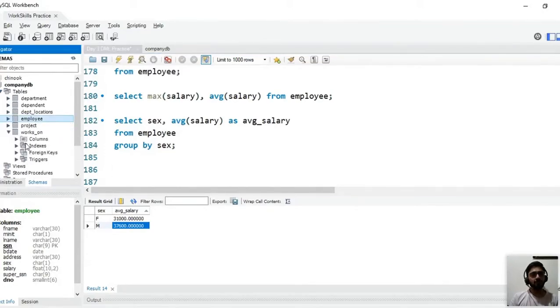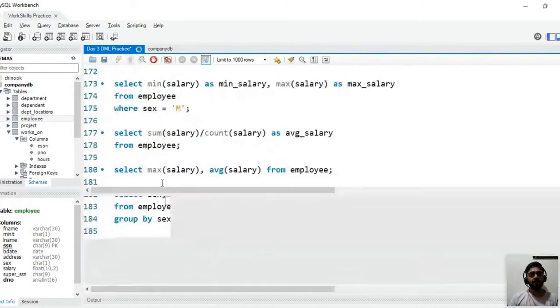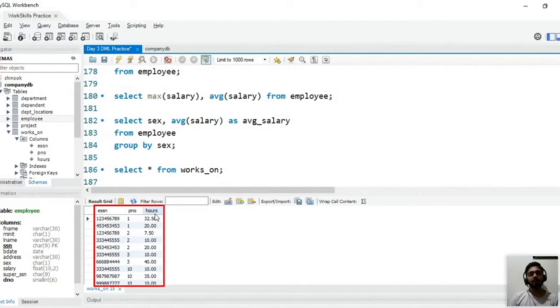So we have this works on table as well. All right. So what I'll do is let me show you the contents first. So select star from works on. So here you can see in the works on table, you have three columns. The first column contains the employee ID. Second column contains the project number, and the third column contains the number of hours that this employee has worked